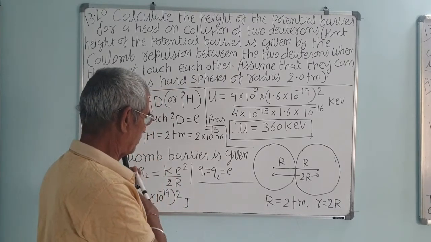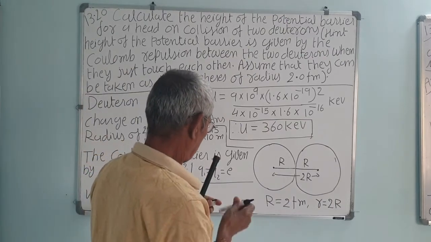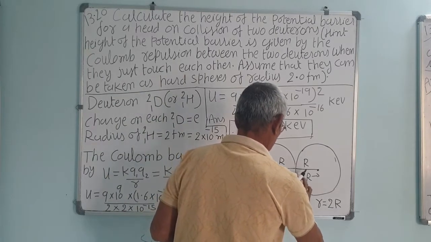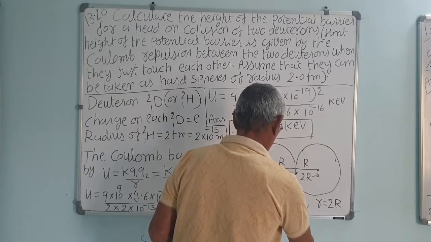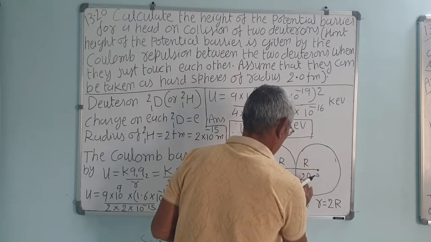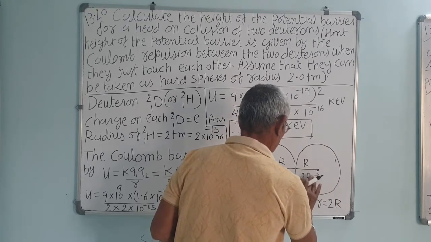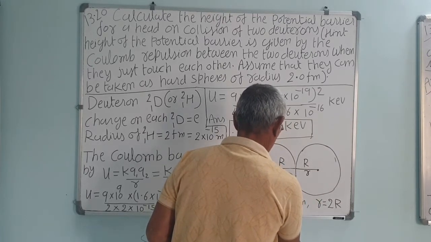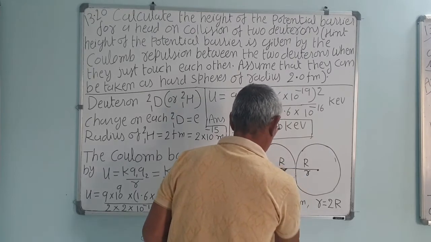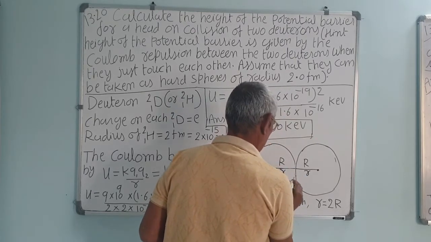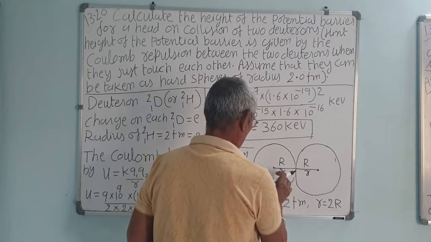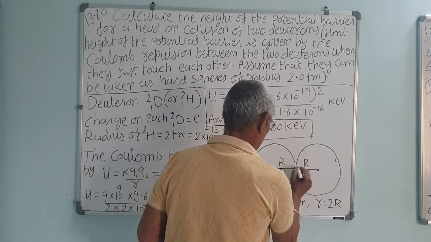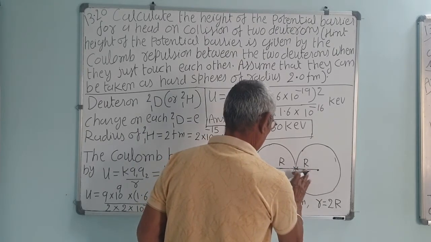That is actually it will be 4R. What will be that? Say R. If instead of capital R you change this, this is R and this is also R. So the distance between them is actually 2R. If you consider the radius R of this and of this, correct, then this distance will be 2R.